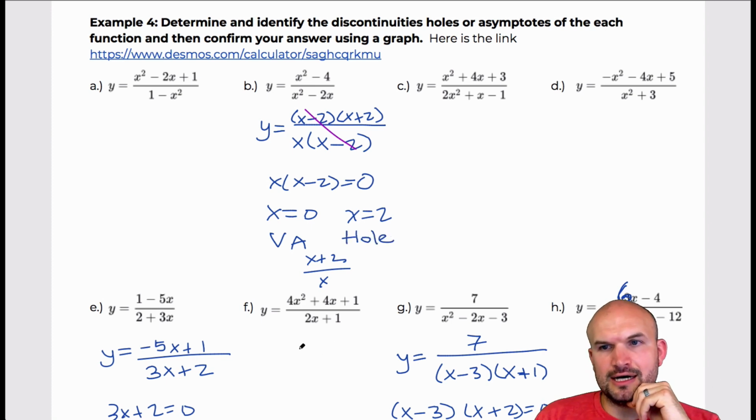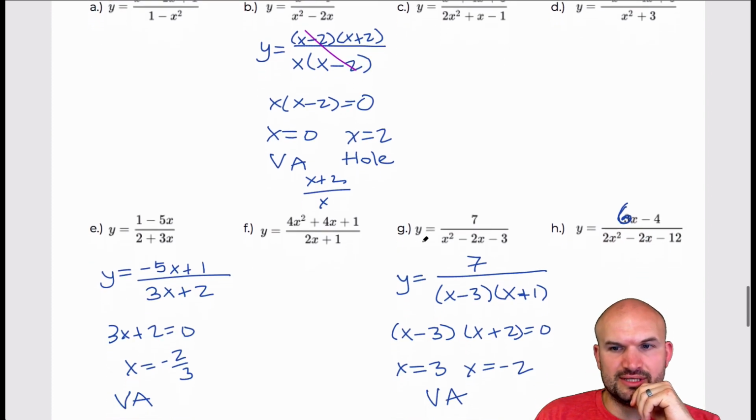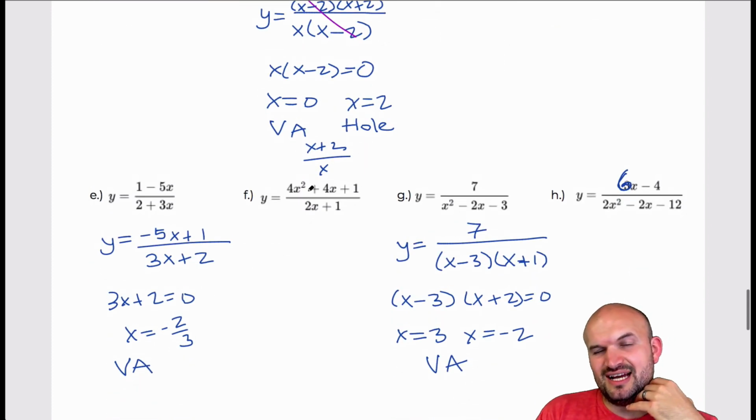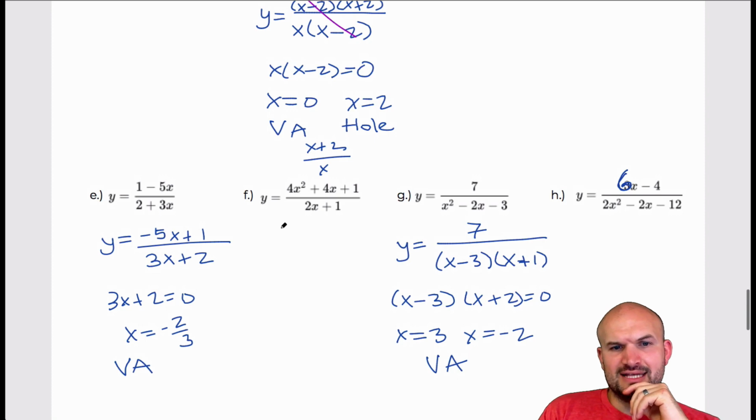All right, let's take a look at another factoring one. Let's come down here. In this case, if I want to factor this, I noticed that the numerator looks like a perfect square trinomial, and yes, indeed it is. Let me use a different color here. Let's use purple. So I can rewrite that as 2x plus 1 times 2x plus 1